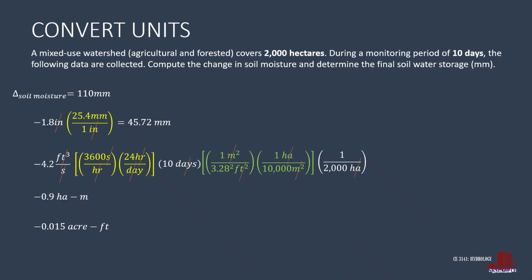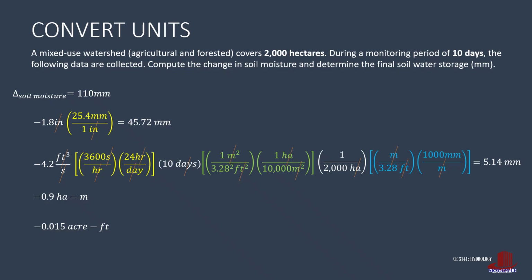From here, the remaining unit is feet, which still needs to be converted in millimeters. So multiply the conversion of a meter is to 3.28 feet times 1,000 millimeters is to a meter, canceling out foot and meter, and leaving millimeters. Now multiply values from the terms and arrive at 5.14 mm.